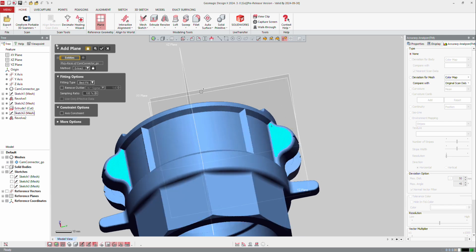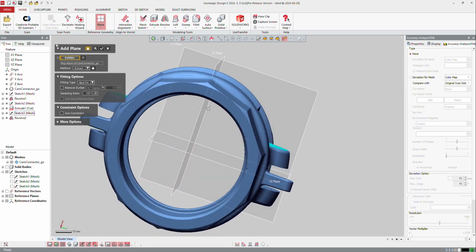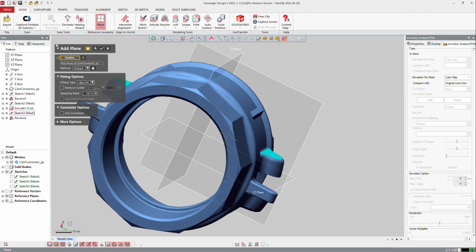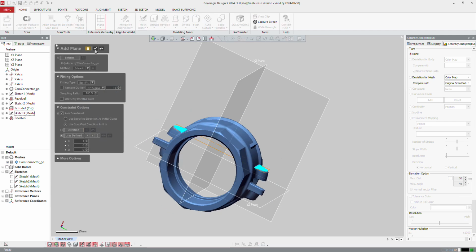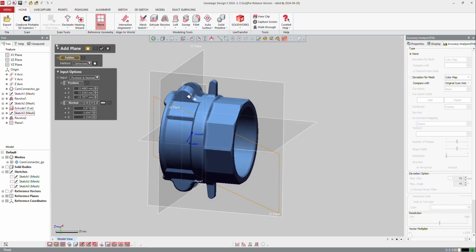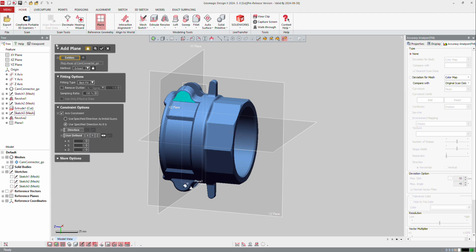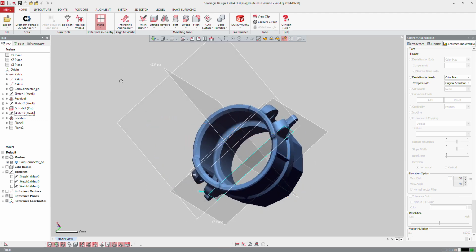At the same time, if I want to, I can constrain that axis to the X direction, and preview. So you can see the plane and okay. I will do exactly the same on the other side. So here, shift and there. And still the same constraint and okay. Now, if I display my solid bodies,